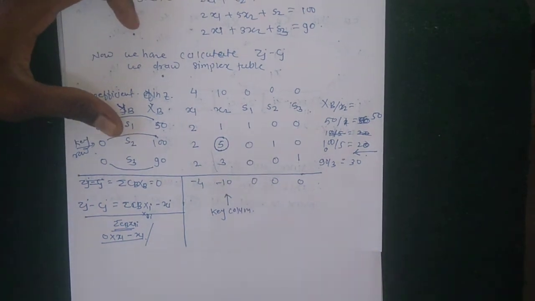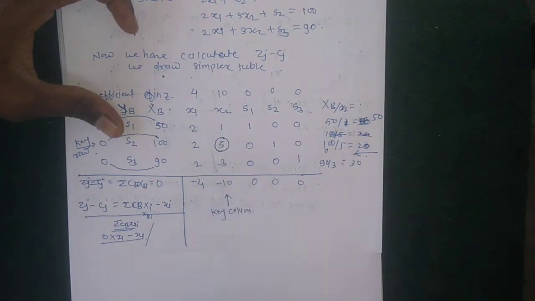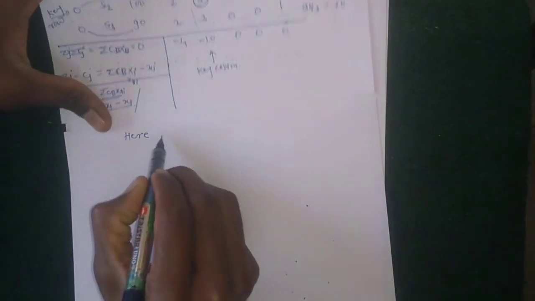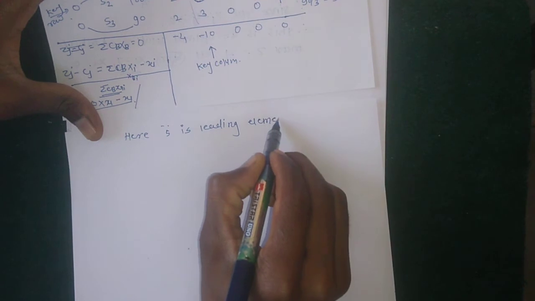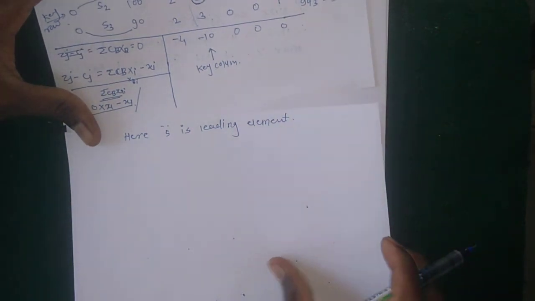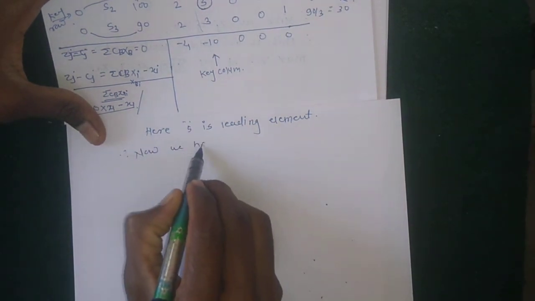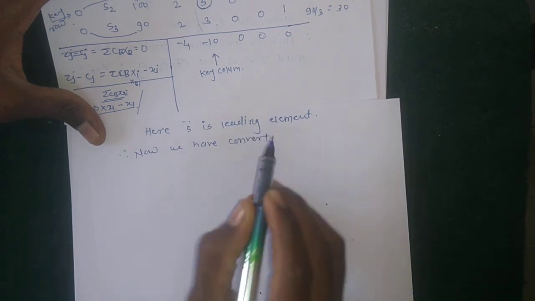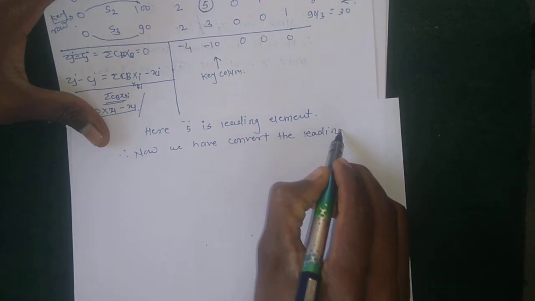So before the operation, firstly take all elements and convert the leading element to unity. Here 5 is the leading element. Therefore now we have to convert the leading element